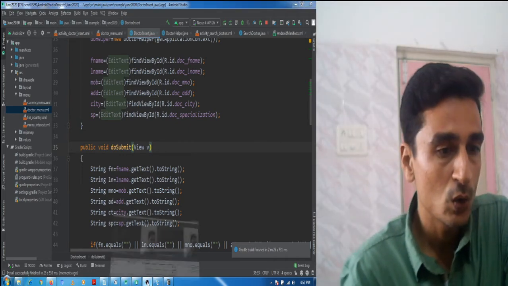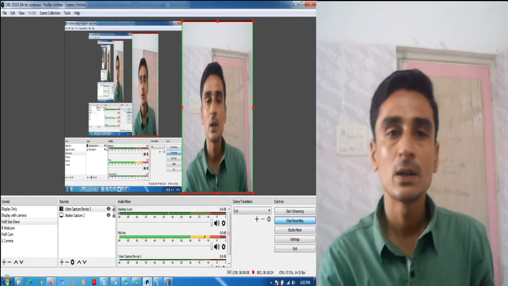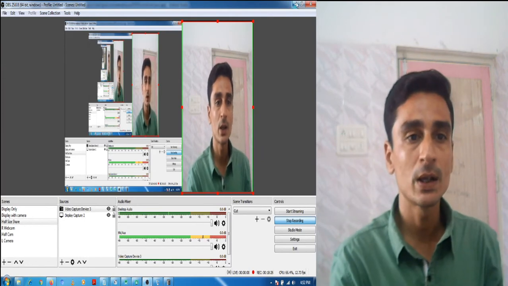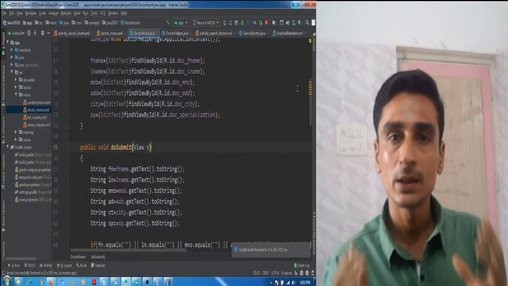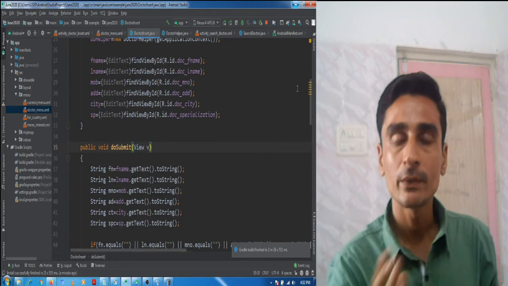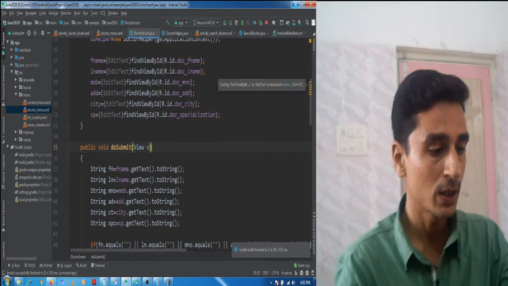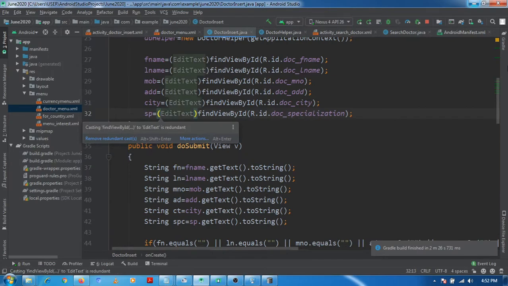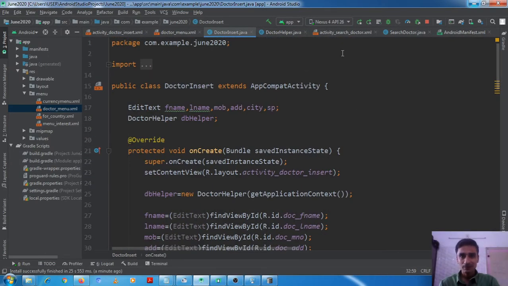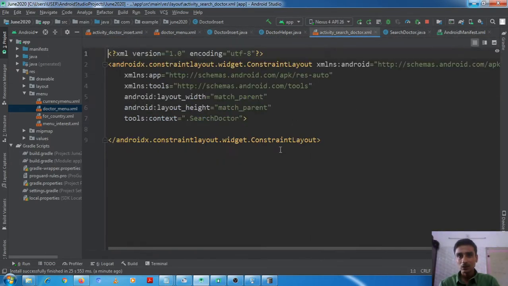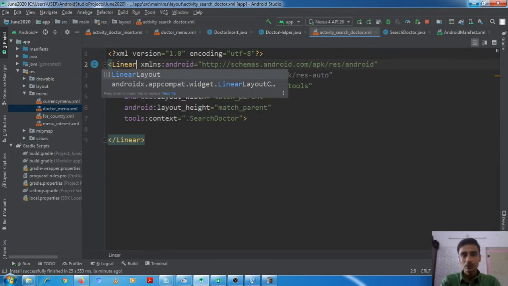Okay, so now what will we do? We will design the second layout, which will contain three things. Okay, and we will provide the facility of searching in that text view, that another layout. Okay, let's implement it. Okay, so our another layout is this. We will have linear layout,